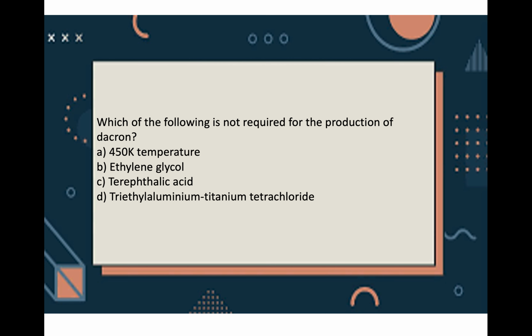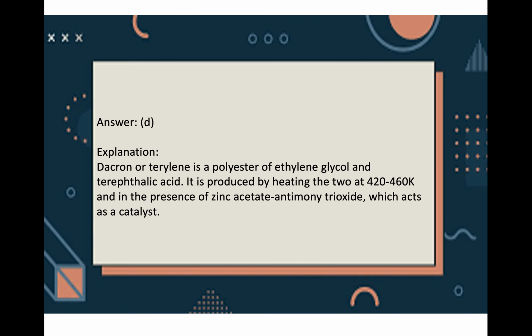Now, which of the following is not required for the production of Dacron? A, 450 K temperature, B, ethylene glycol, C, terephthalic acid, and D, triethyl aluminium titanium tetrachloride. So the answer is option D, because Dacron or terylene is a polyester of ethylene glycol and terephthalic acid, produced by heating both of them at 420 to 460 K, that is the temperature condition, and in the presence of zinc acetate antimony trioxide acting